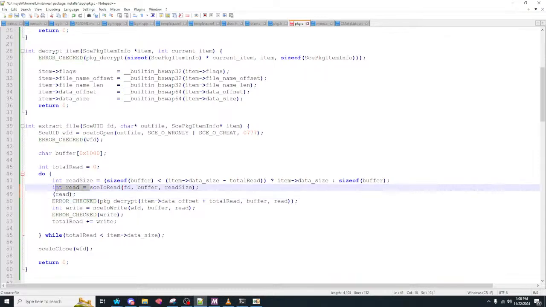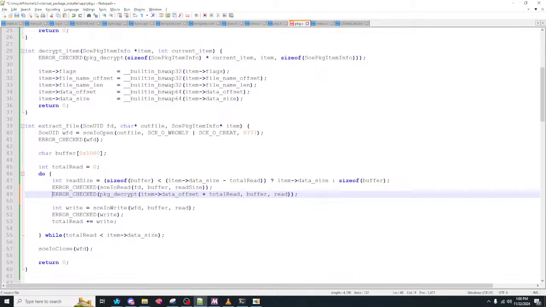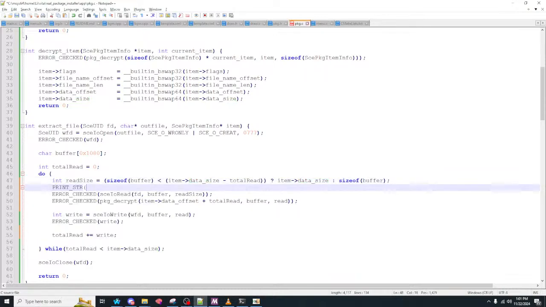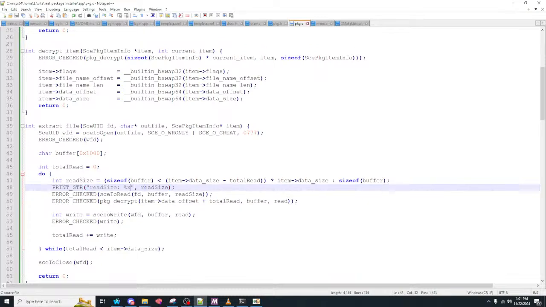Now I can just shove this whole thing into error checked, like. Print, so read size. Okay, so